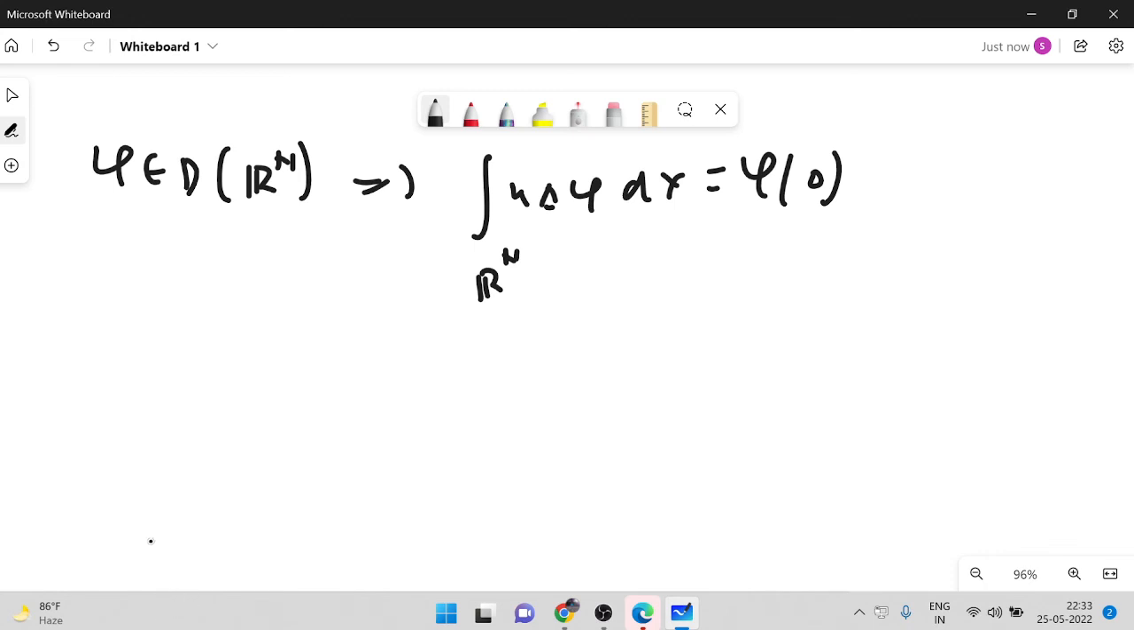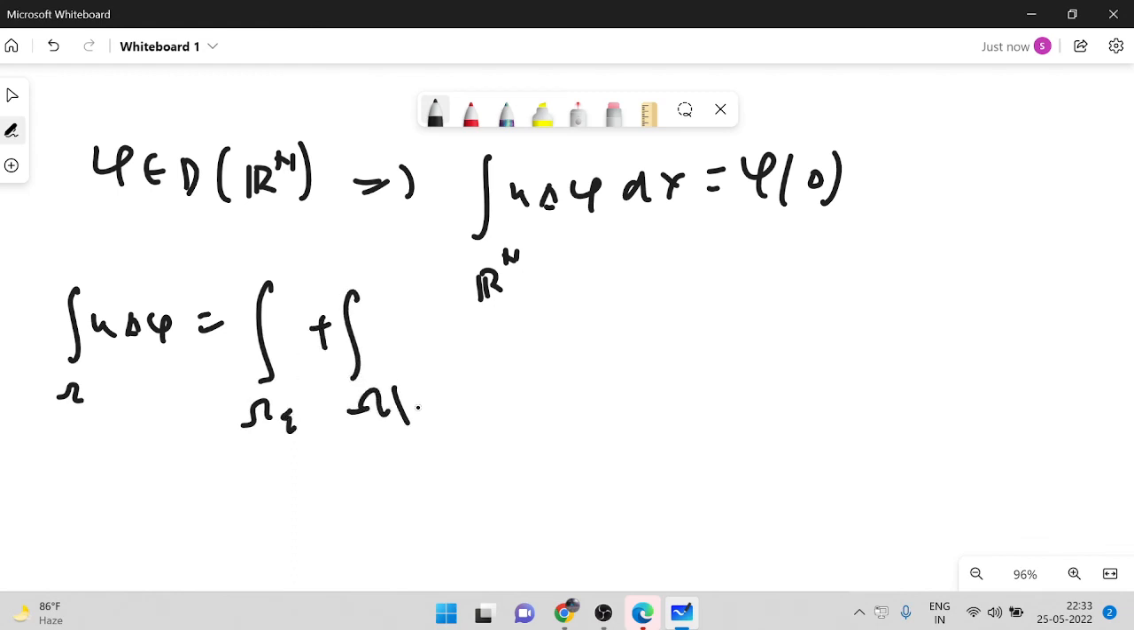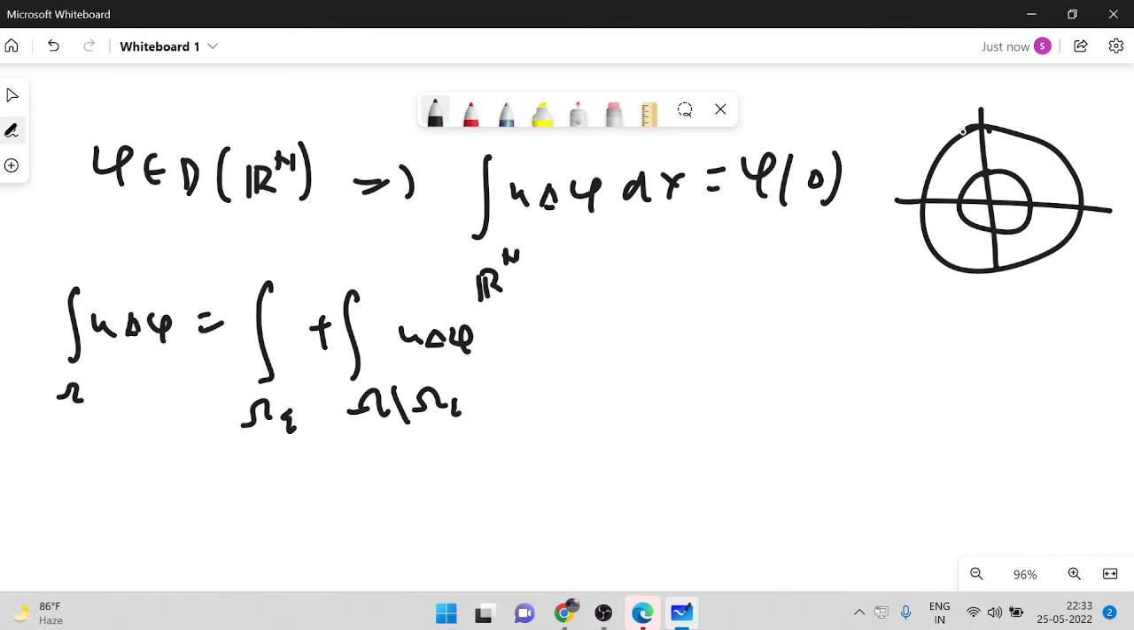So now, the integral over omega of u del phi equals the integral over omega epsilon plus the integral over omega minus omega epsilon of u times del phi. So I'm just taking an annulus strip of radius r. Which is equal to